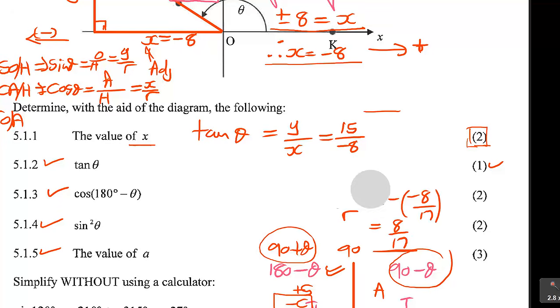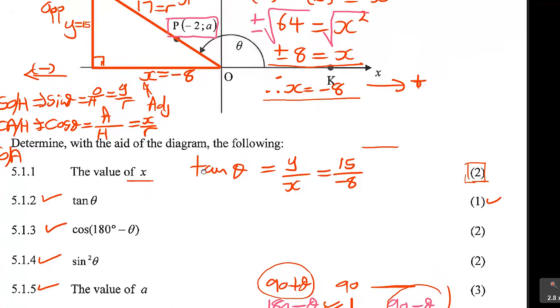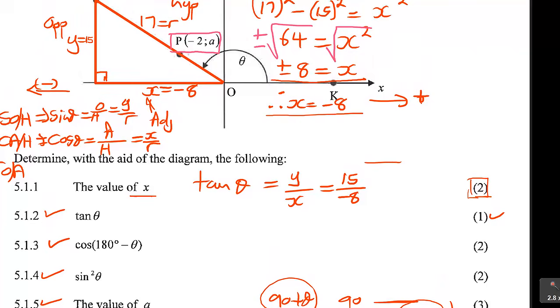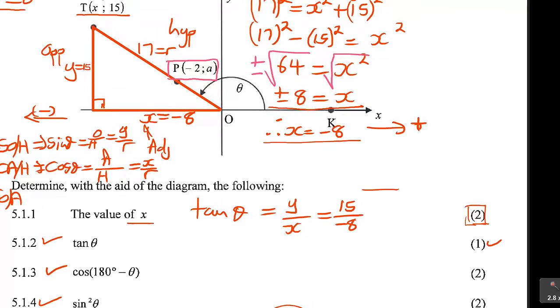Let me erase just a part of this. I can come at this stage, and remember tan theta is equal to minus 15 over 8, and that was my tan theta, and P is also on the line of T. So you can see that P and T are on the same line. So I can actually say in here, if I want to find tan theta in terms of P,